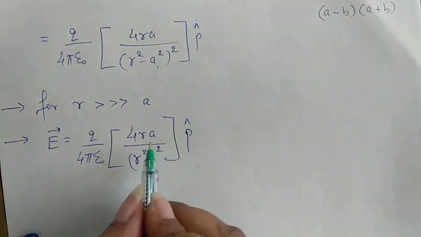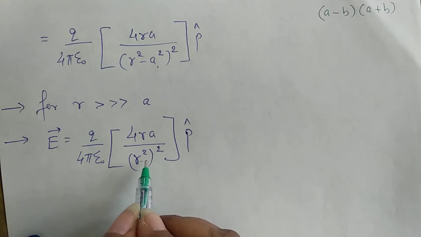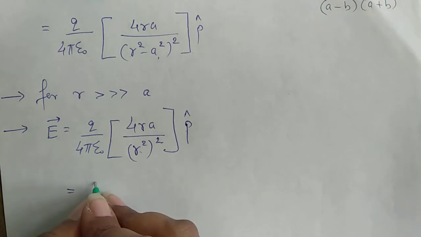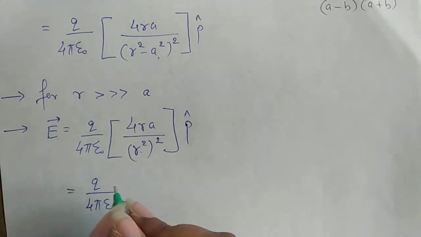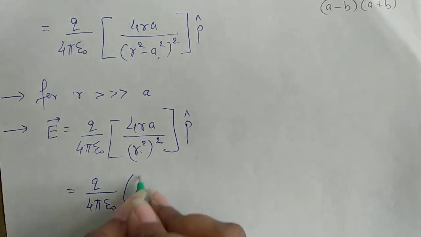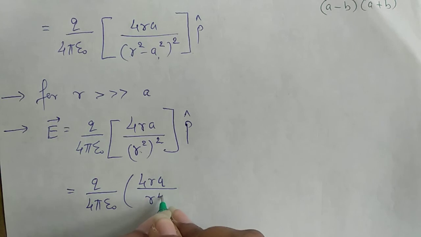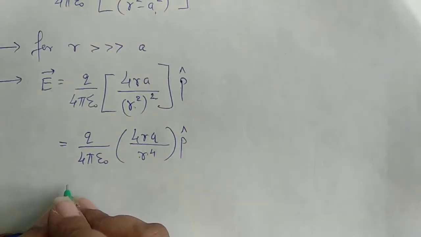Now if you see, in numerator we have r and in denominator we have r raised to 4. So one r will get cancelled and in denominator r cube will be remaining. Now we'll cancel this, so we'll obtain